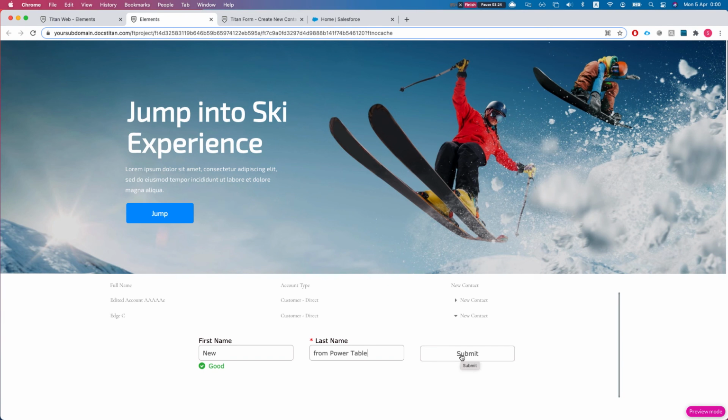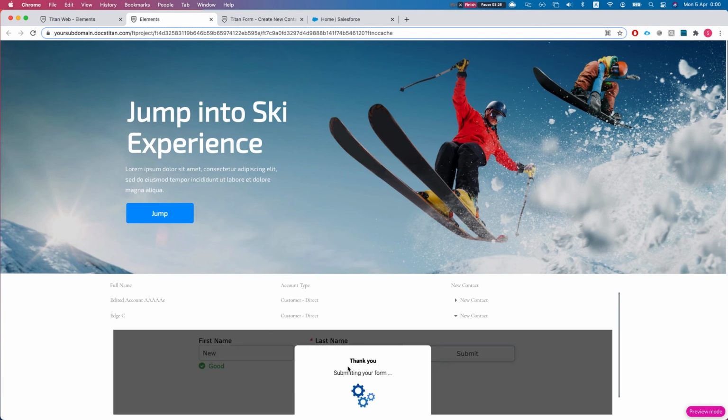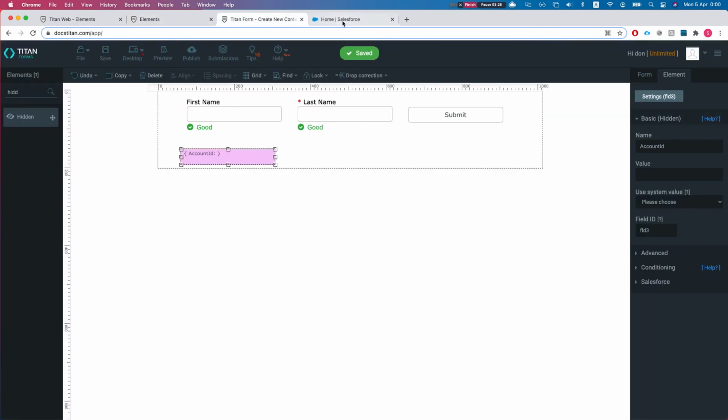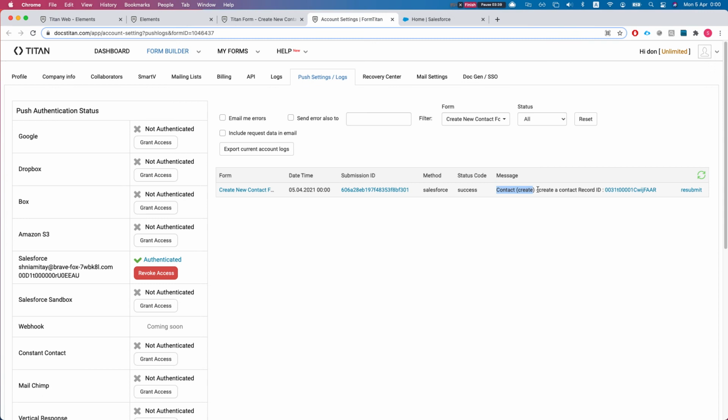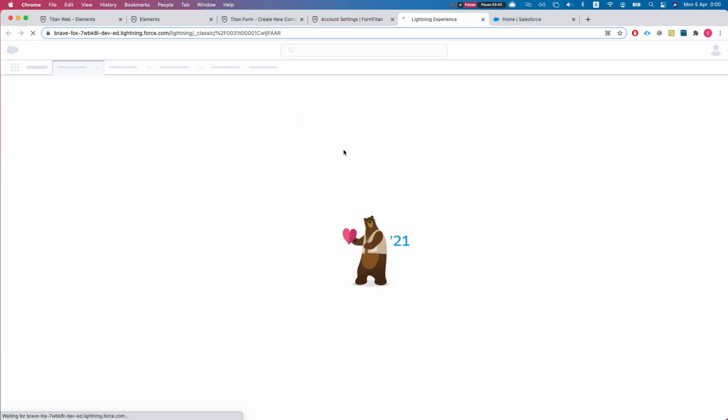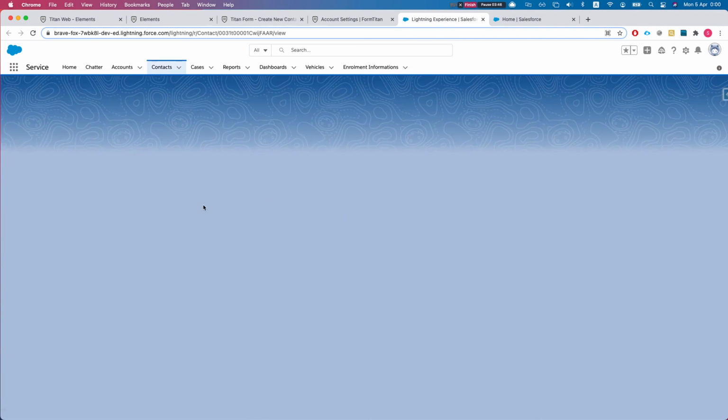All right, and I'll hit submit, and let's head over to Salesforce, and we can already see it from our integration in the form. So I'll head over to the integration logs, and we can see that we have a contact created. Let's take a look at the contact, and we'll be able to see that it's related to our